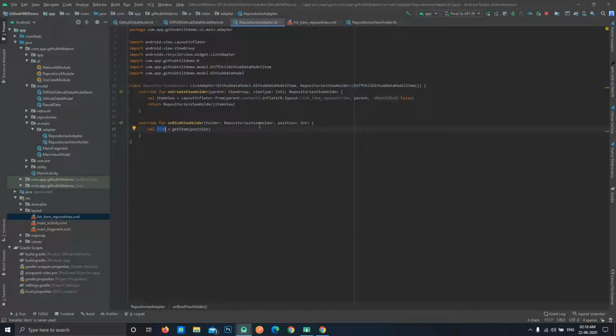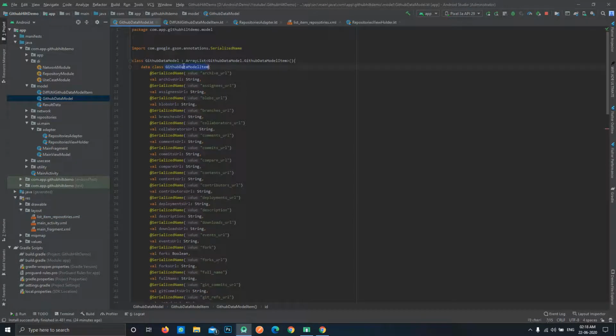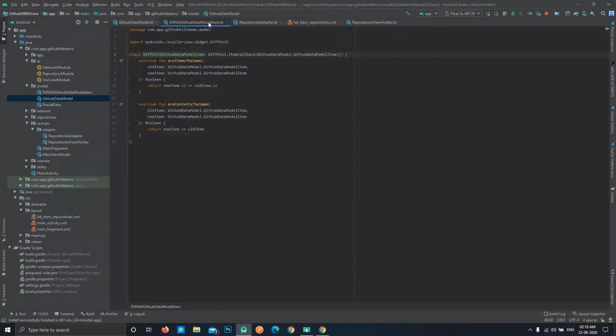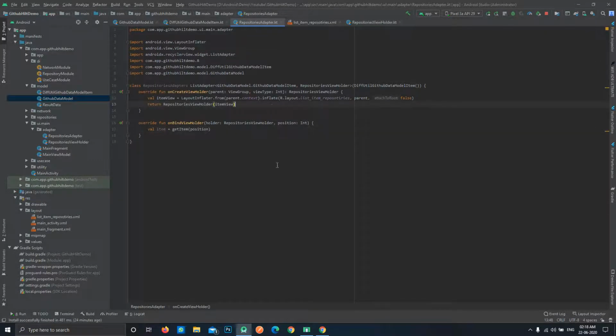Not the GitHub data model, actually this GitHub data model item, because we need to get the data from this only. So sorry, yeah, here. Because we have defined it over here, it will automatically give us the item of type GitHub data model item from our list at that particular position.